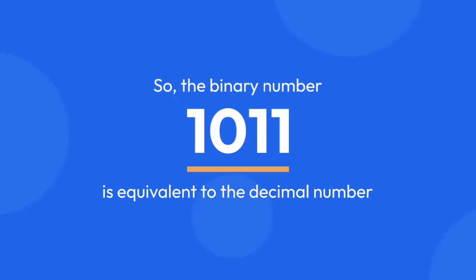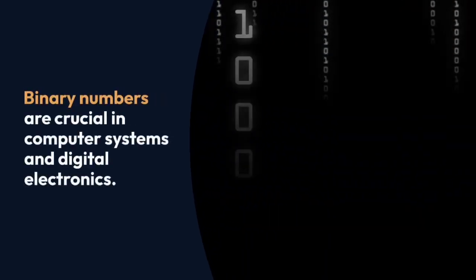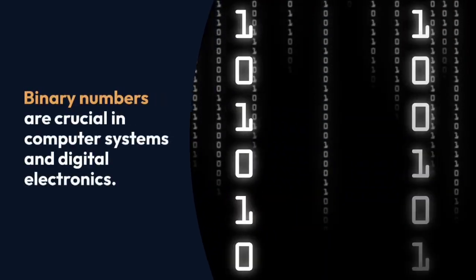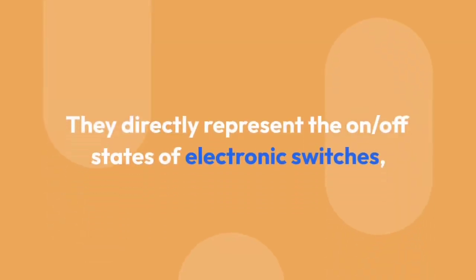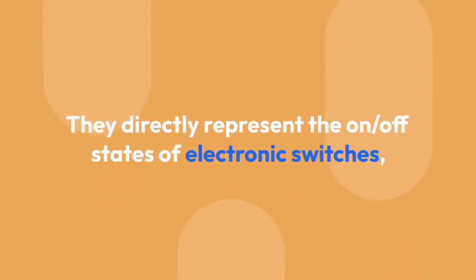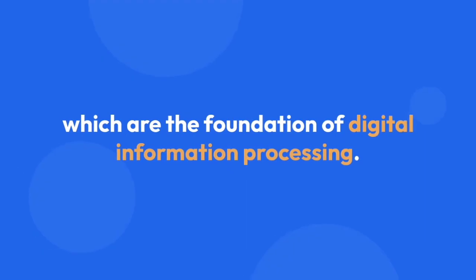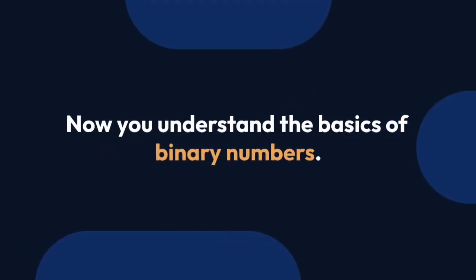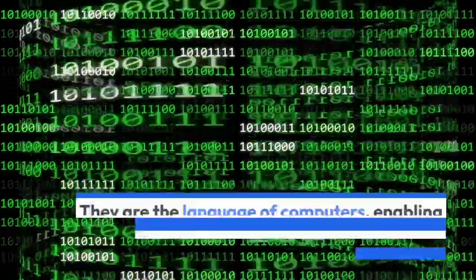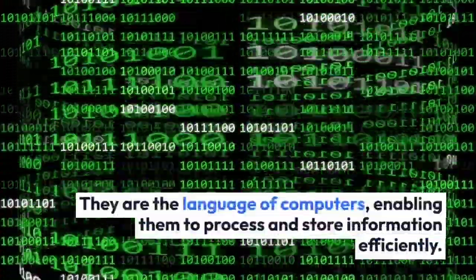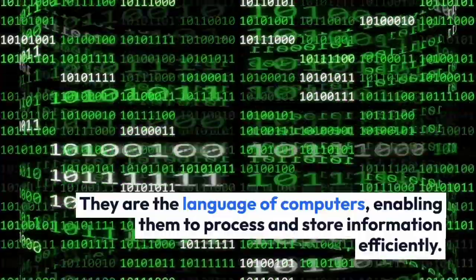For example, the binary number 1011 represents 1 * 2 cubed, plus 0 * 2 squared, plus 1 * 2 to the power of 1, plus 1 * 2 to the power of 0, equals 8 plus 0 plus 2 plus 1, which is equal to 11. So, the binary number 1011 is equivalent to the decimal